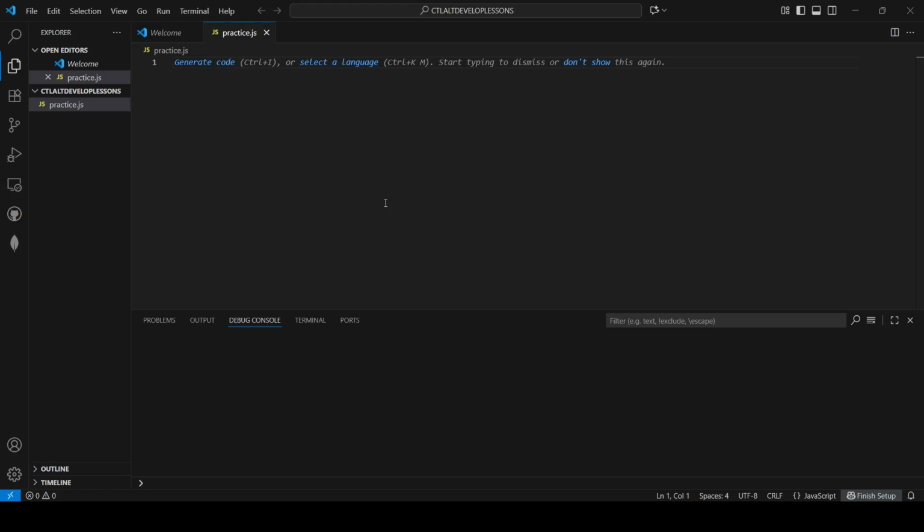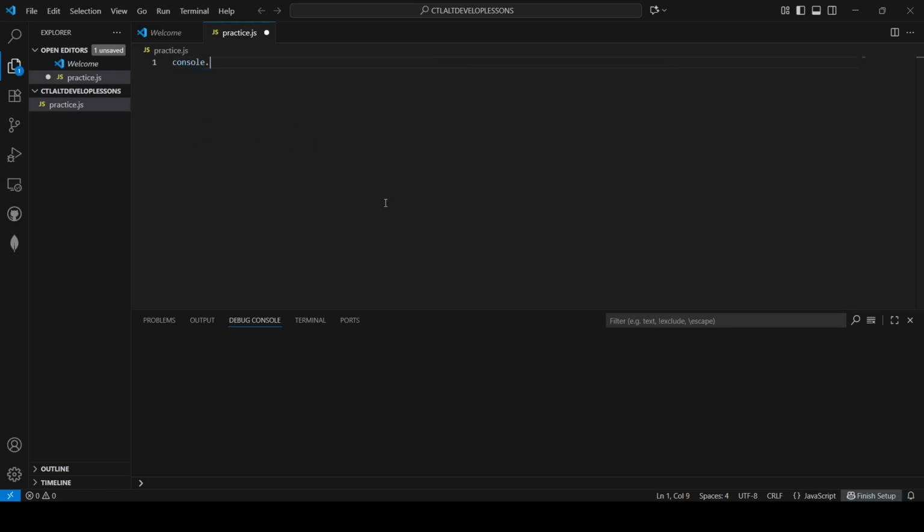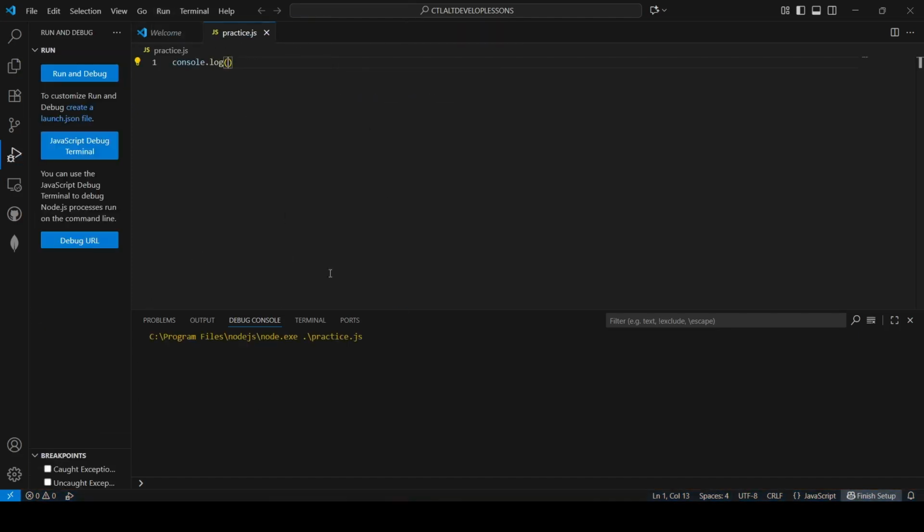So to create a console.log statement, you write console.log with brackets. So if we try to run this, obviously nothing is going to happen. So what we want to do is start off, we're going to focus on strings and integers today. So a string value can be a word, a number, a value that is inside a group of